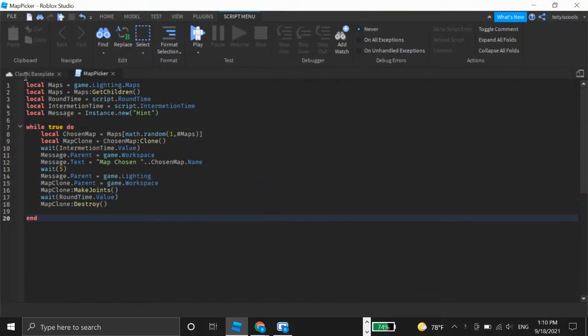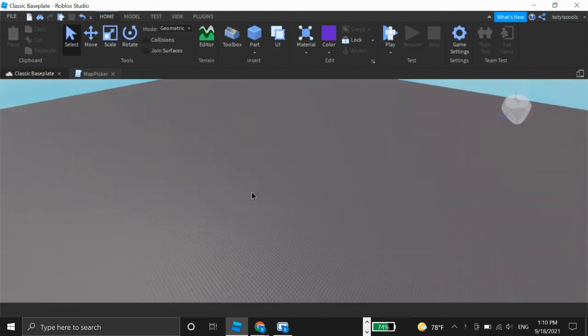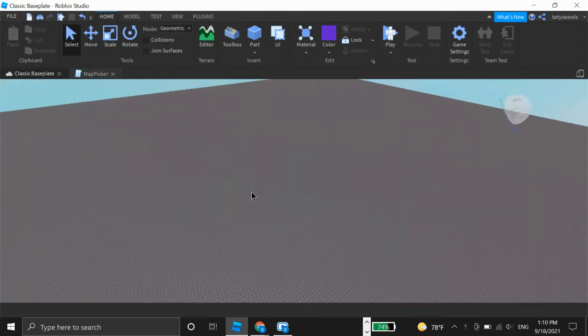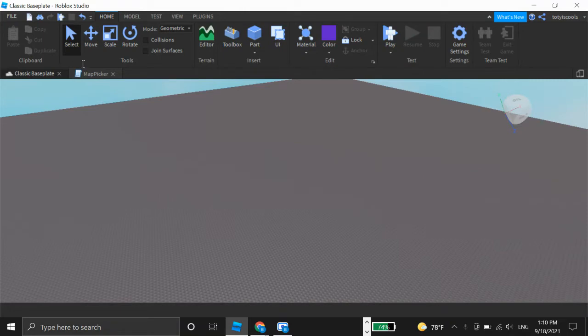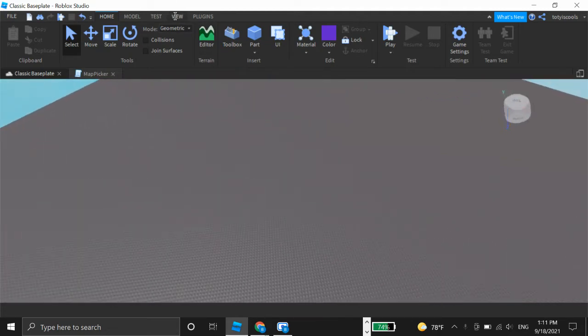Today we'll be making a random map chooser, and this was requested by someone. So we'll be going over how to make one, and I thought it would be better if I spent more time explaining how it works, really, because I think when you actually understand how it works, you'll be able to create your own script. So to begin with, we're gonna have to create a couple of assets before we can